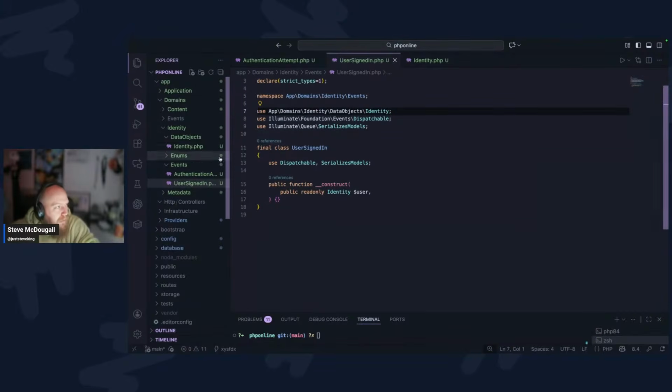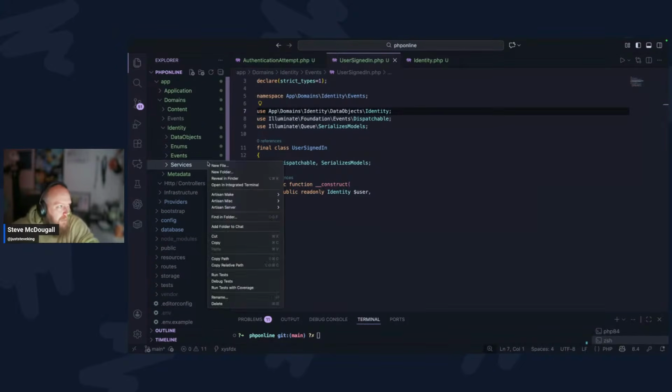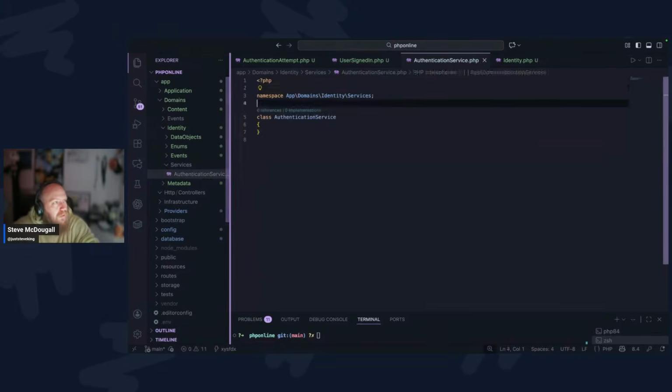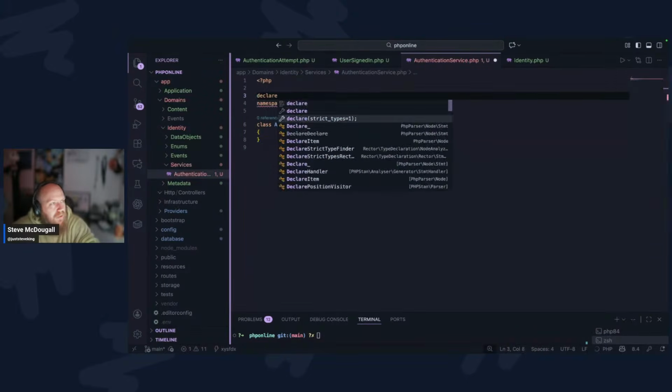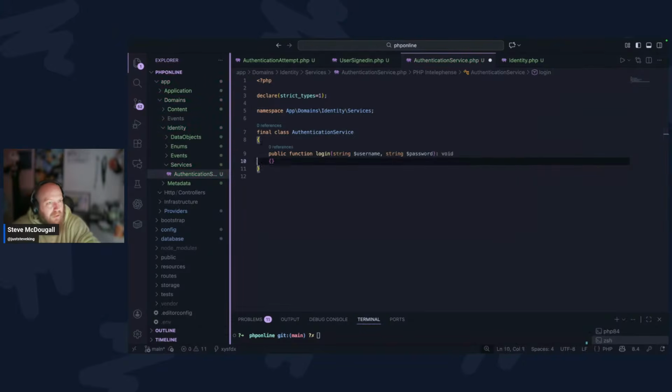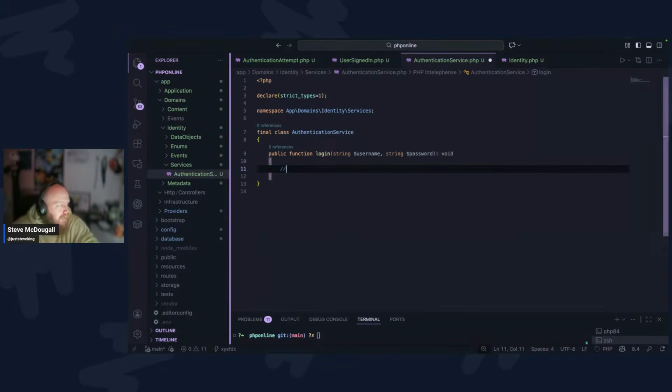So how are we going to do this? Typically in DDD, we'll have a service, and we'll have an authentication service. Declare that, and we'll have a public function login. We'll have a string for a username and a string for a password. What I think needs to be done here is,